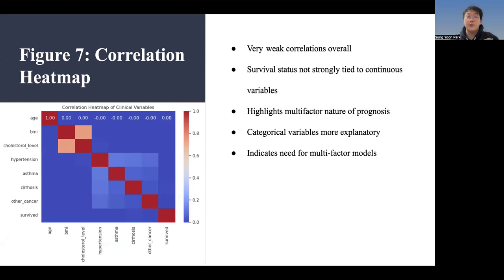Figure 7 provides a correlation heat map of continuous variables. One of the key observations here is that survival does not correlate strongly with any single continuous variable, whether it's age, BMI, cholesterol, or tumor size. This tells us that lung cancer outcomes are multifactorial. There isn't a single metric that predicts mortality on its own. This insight reinforces the need to consider categorical factors like smoking status and cancer stage when building models or